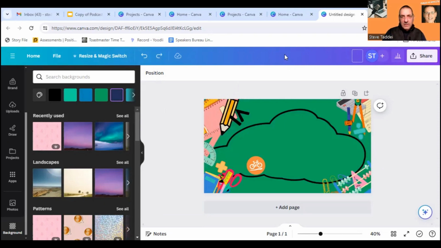So it came out as untitled design. I actually like to title things, and I'll put Podcasting with Steve Graphics. So there you have it. We have made graphics. Now, I'm not a graphic designer. I don't have a lot of experience with this, and I don't think I have special talents.